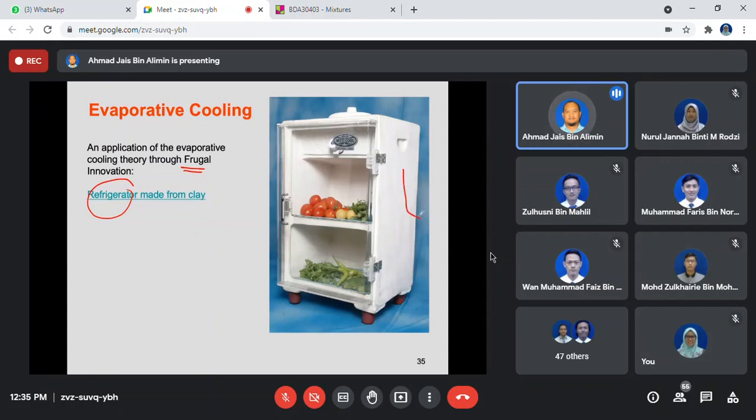The wall of this refrigerator is made using clay material. So this is clay, and the wall itself behaves similarly to the labu sayong concept. The heat inside here will be transferred via the evaporative cooling process, so the temperature inside will always be much lower than the temperature outside. In doing this approach, the owner of the refrigerator, which is made from clay, which is much cheaper